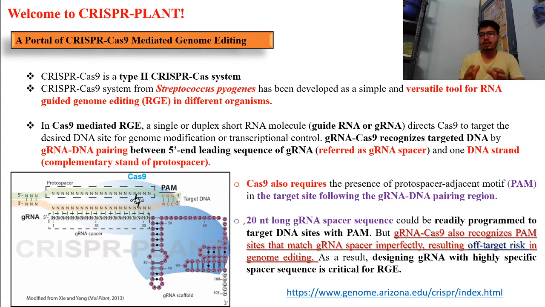that is guide RNA, directs the Cas9 to the desired target DNA, the double strand site, where your guide RNA will bind only into the protospacer sequence where your PAM site will be present in the genome. So NGG is a particular PAM site where your guide RNA will bind, because the PAM sequence is recognized by the guide RNA. So guide RNA will bind there, and some sort of double stranded break will be created by your Cas9 system.